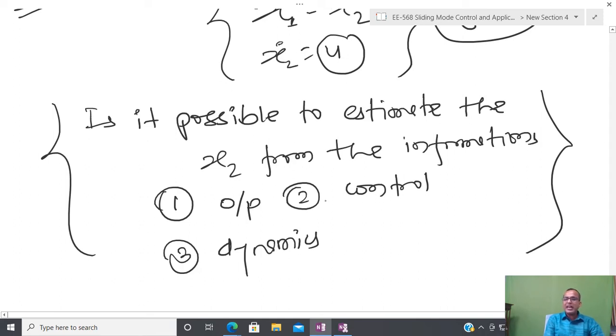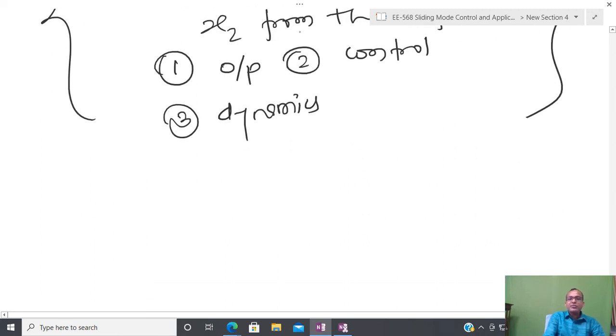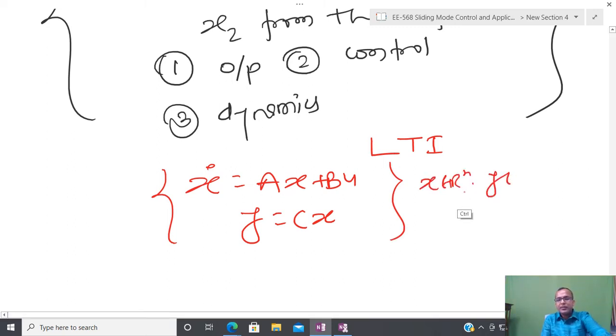After that, what Kalman has shown is that if you have a linear system, and suppose the form of the linear system is like this, x dot equals Ax plus Bu, and in the general case you can also take A(t), B(t) here, that doesn't matter, but for simplicity I am going to take a linear time invariant system, LTI system, and suppose y equals Cx is our output, where x belongs to Rn, u belongs to Rm, and y belongs to Rp.